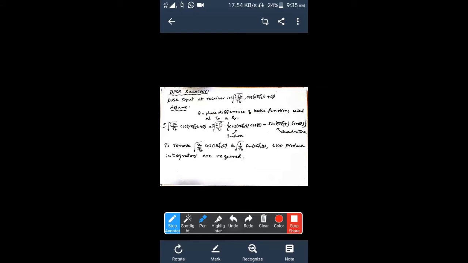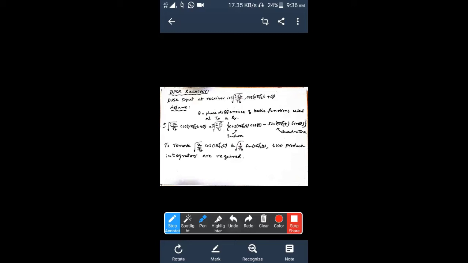So what I'm thinking now is how to remove the cos 2 pi f_c t and sin 2 pi f_c t terms. Very simple. We know that all carrier signals are orthonormal basis functions. When the signals are orthonormal basis functions and they are multiplied twice, that is phi 1 of t into phi 1 of t, and integrated over a period, they will give you 1.